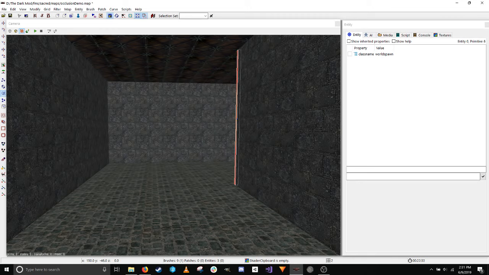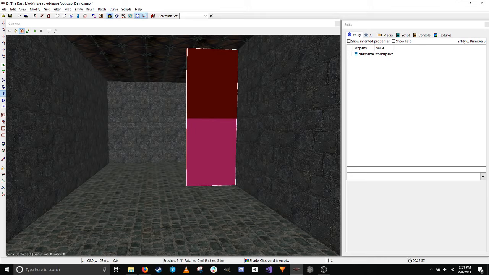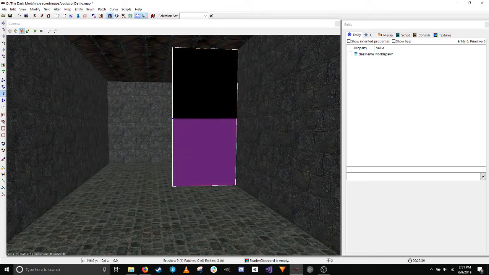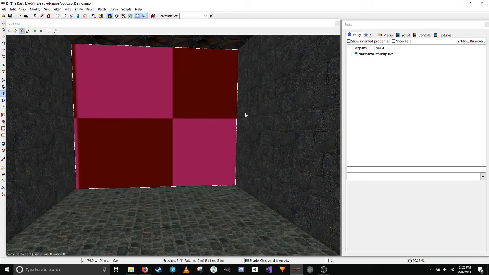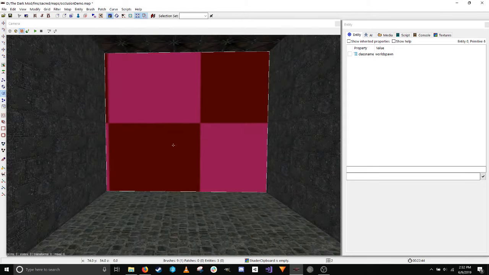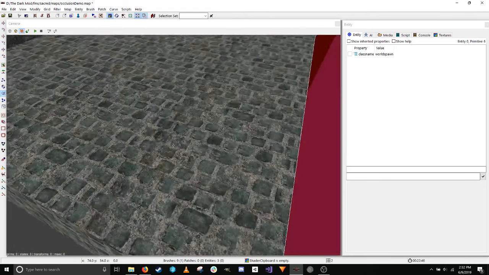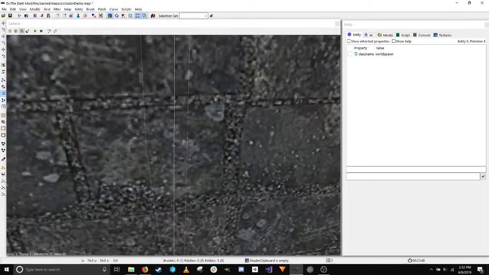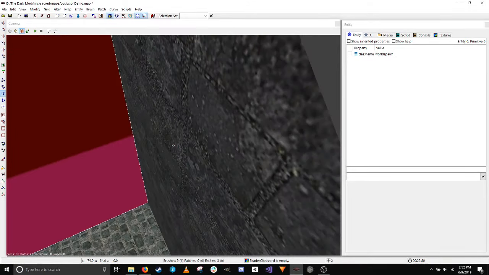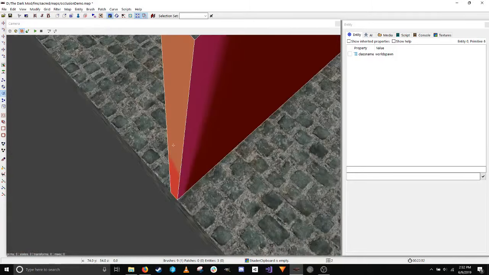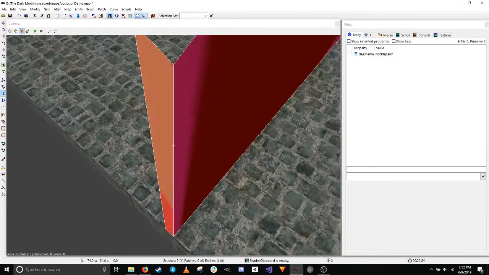Q, there we are. And I'm going to stretch it out along this part of the hallway. So the tricky thing about, oh, come on, I need a good view here. That's good enough. The tricky thing about